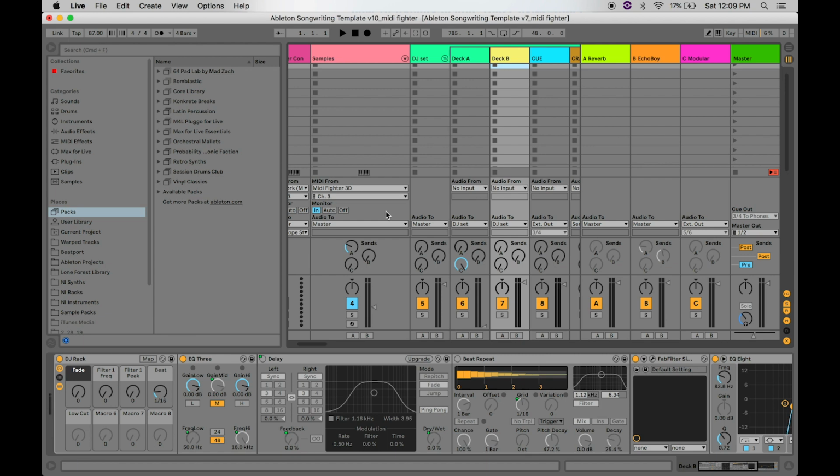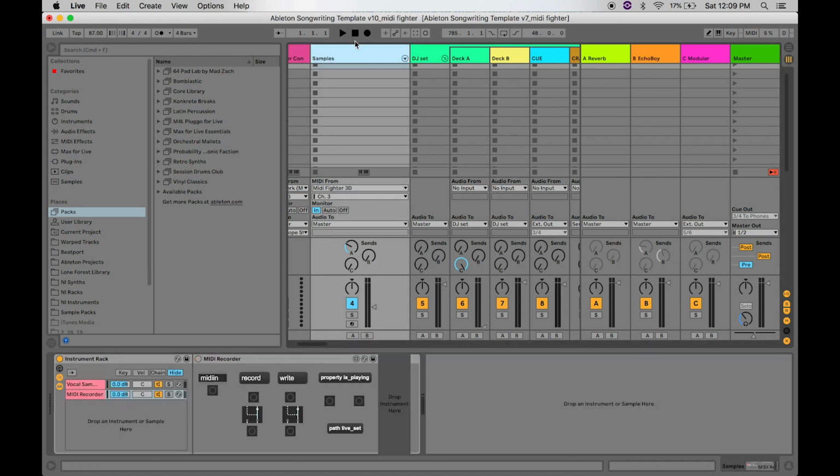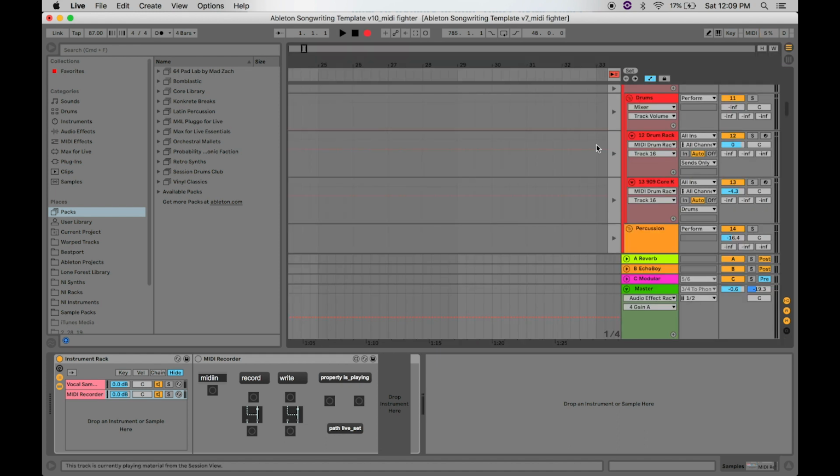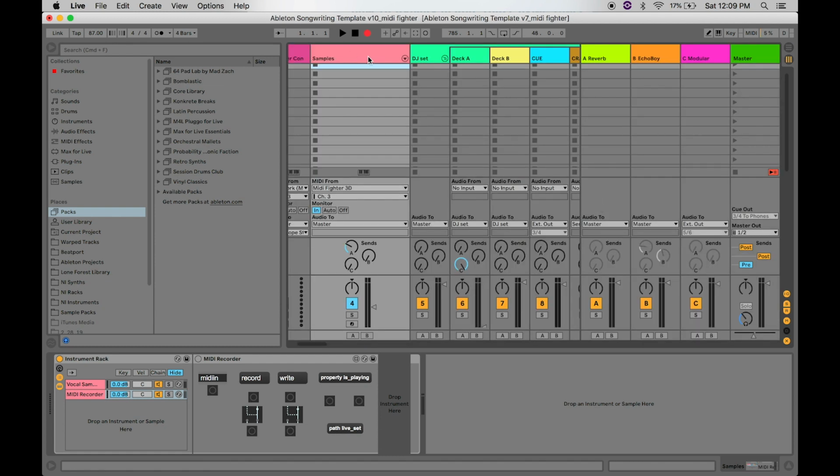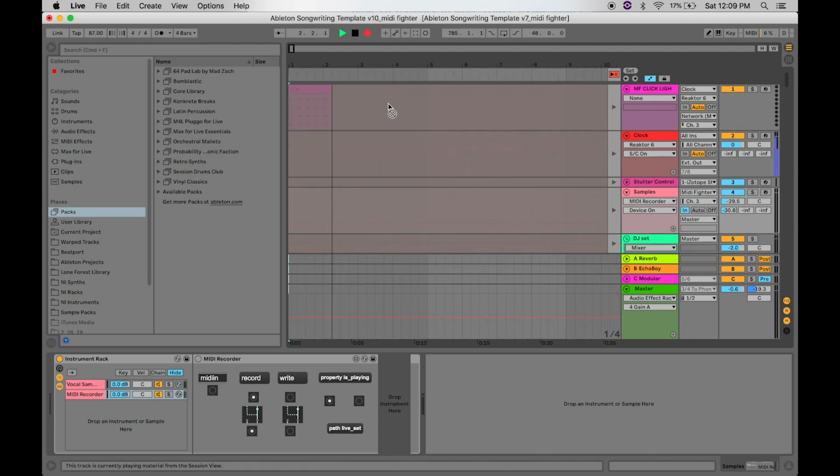That's what I want. But the problem is in arrangement view, because when I'm creating all this stuff live, I'm also recording into the arrangement view just so I can have my show, right? So if I go into arrangement view, let me show you what happens. Here's my sample track right here. I'm going to be recording into arrangement view, so it's running here, and you see how my sample track doesn't have anything. If I start playing,